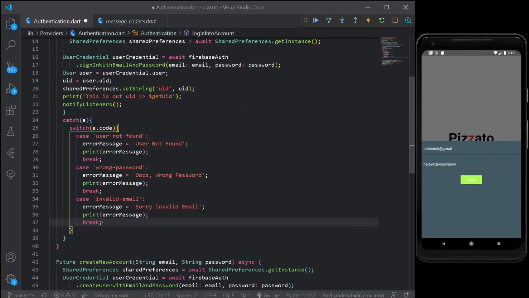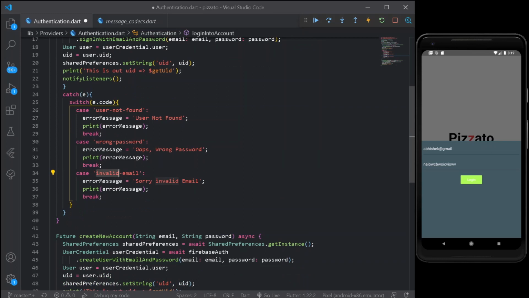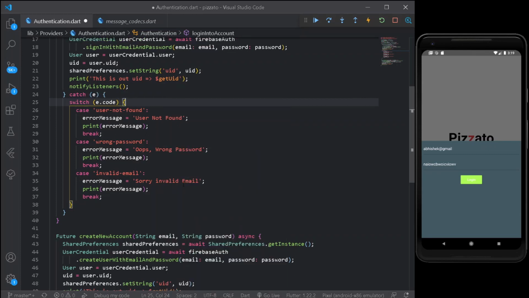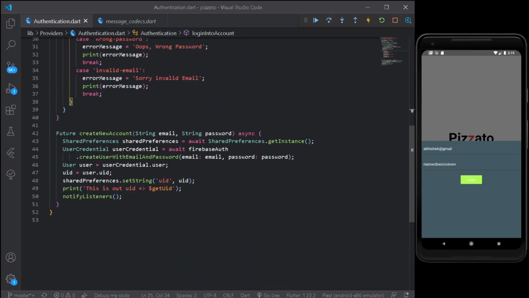These are all the use cases for the login one. First one for user not found, if the user has entered a wrong email. Second one for the wrong password, and third one for invalid email. These are the use cases, and these are the error messages that we shall be showing to the user. Format document once, and the same thing goes for our create new method.